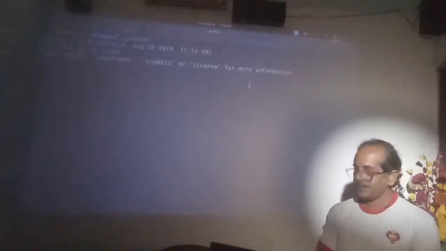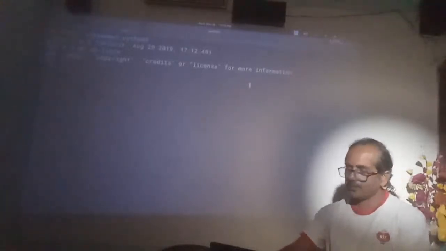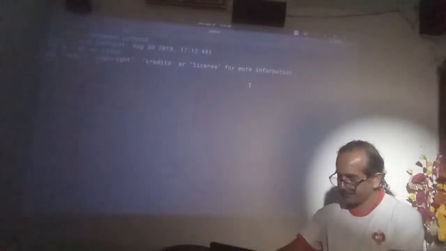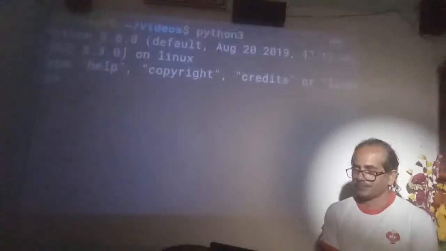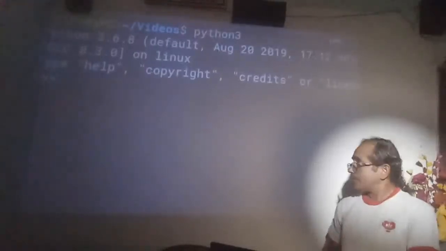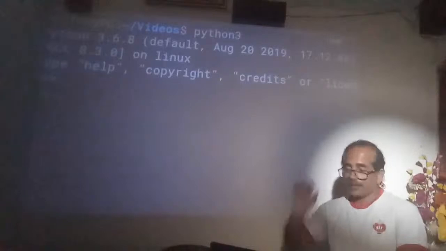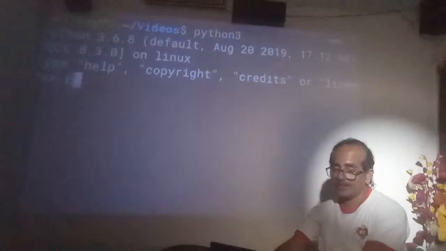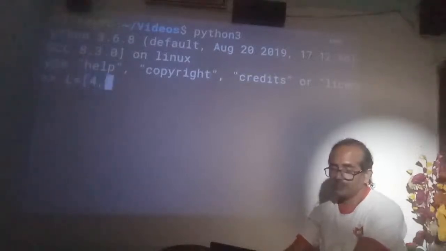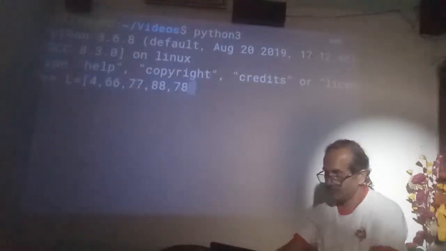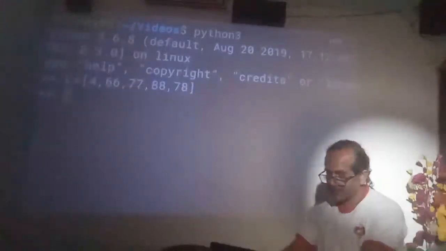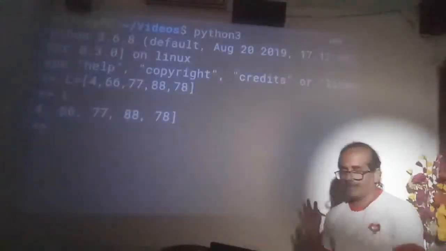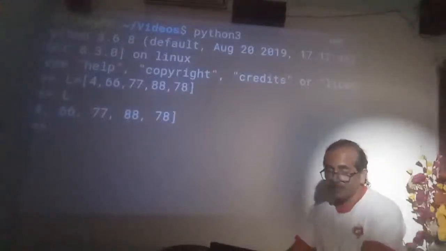My version, you are observing, is 3.6. There you have a little bit of zoom also in this. So you know that a list is, suppose L equal to, this L you can print, the list will come. Dictionary, suppose D equal to